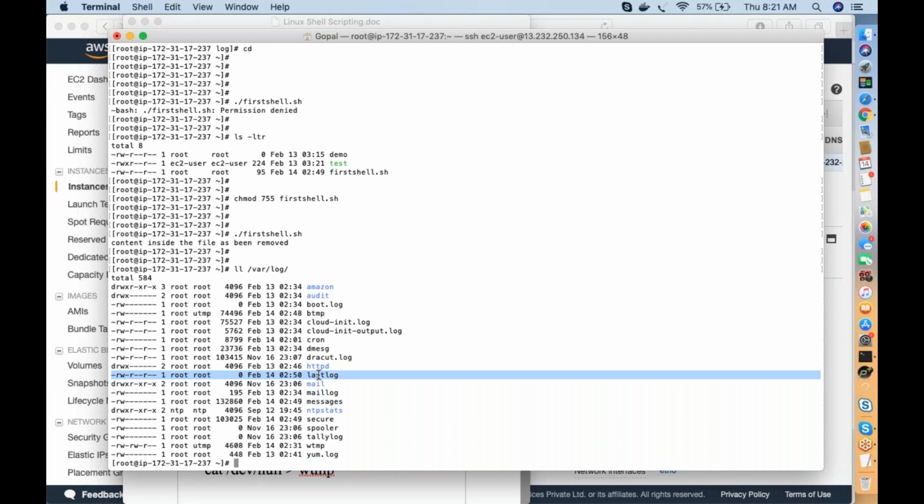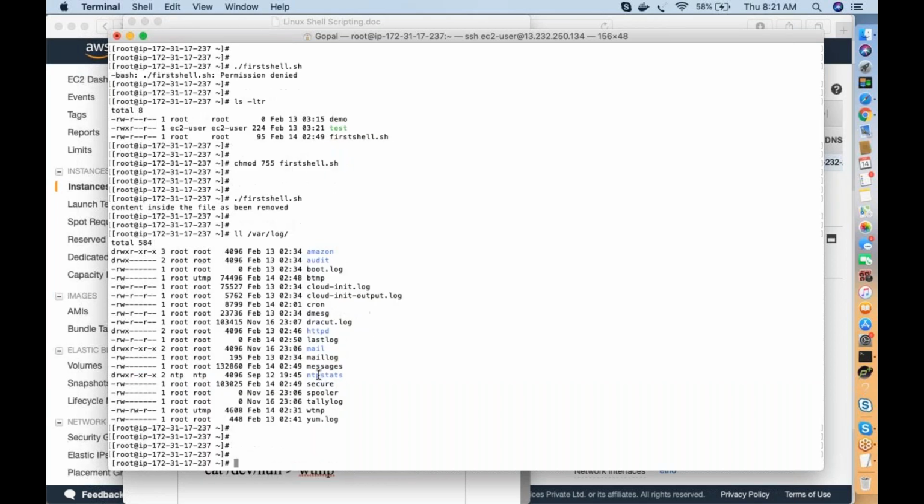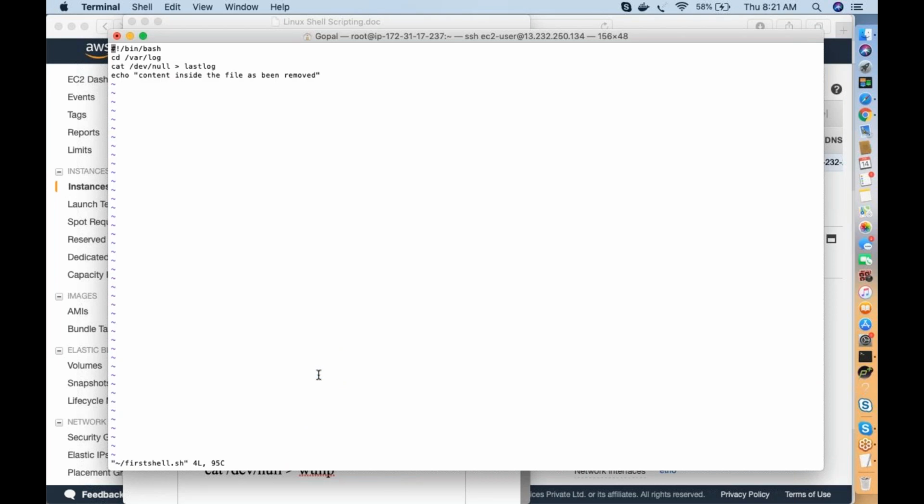During this, Gopal, one question. When I'm writing any shell script, suppose I want to write something as you have written, like "the content of the file has been deleted," and save it.